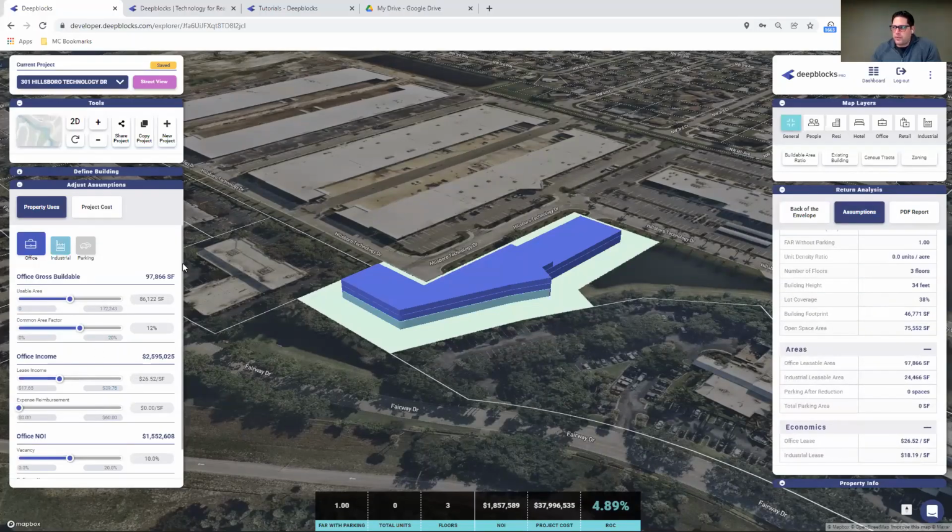And then lastly, you can export this information into a PDF report. It'll be a 4-pager. But before we move ahead, we can adjust the assumptions on the income side. We could first work on the gross billable. So for office, let's say we'll do about 85,000 square feet of office. We can work on the industrial side. Right now we're only at 20. It's still a little bit bigger in industrial. Say about 9,000 industrial.